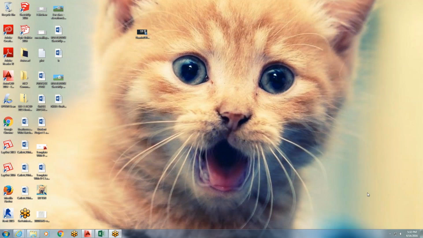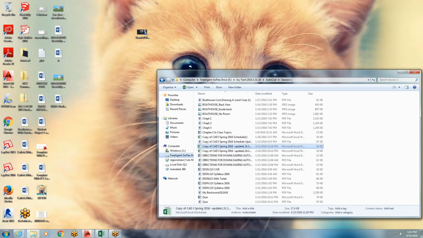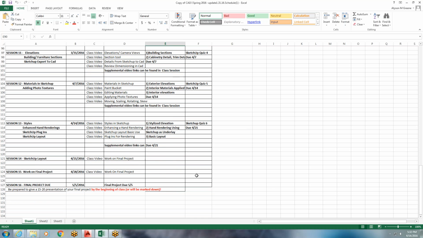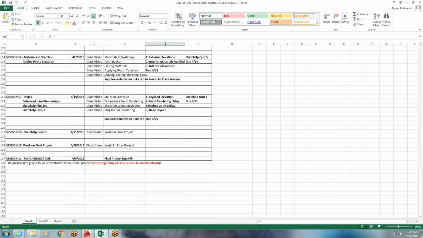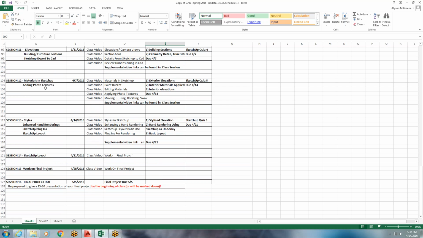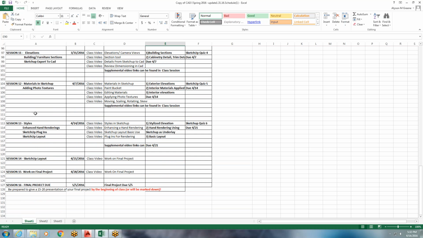And tonight we're going to have a little bit of change from the syllabus. So I'll go ahead and look at my GoFlex drive, going into the last update that was sent to our class session. For session 13, I had thought we would be moving into styles, enhanced renderings, kind of preparing for putting our